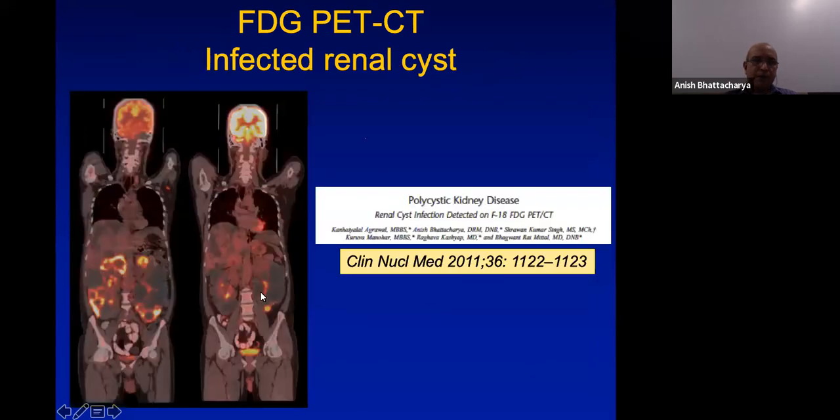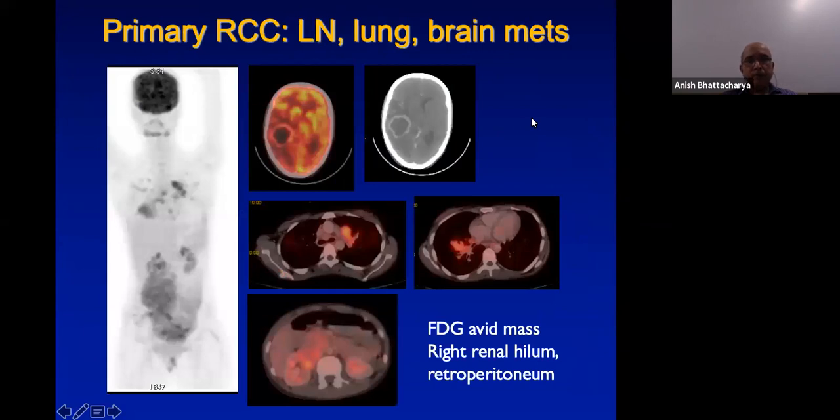Whereas in an infected polycystic kidney, this is a polycystic kidney disease with cyst infection, FDG PET-CT has been done. Very high avidity of FDG in the cysts. So these are infected cysts. FDG PET can also be used in primary RCC to detect lymph node, lung, and brain metastasis. So all these multiple foci in the different regions